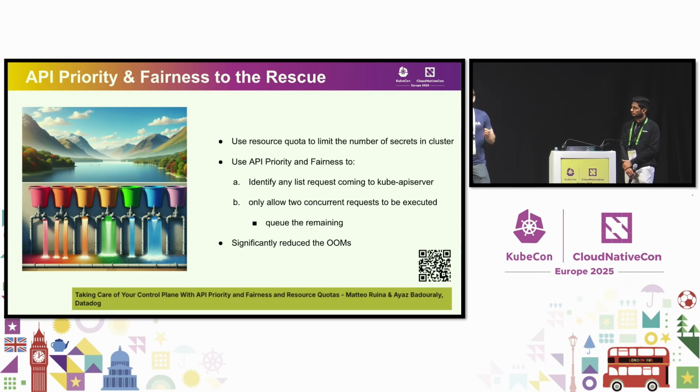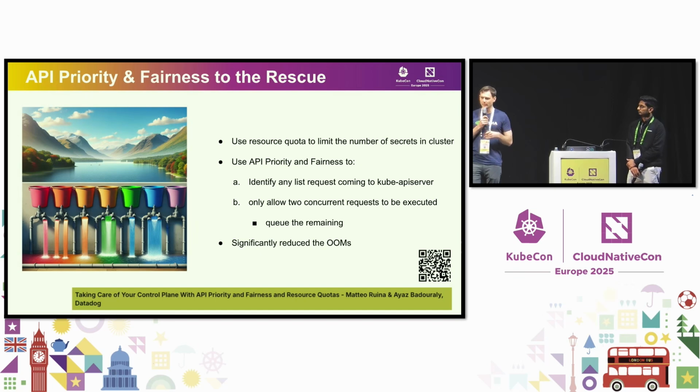So you can use API priority and fairness to say, well, we only want to allow 2 concurrent list calls to be executed. And this was really helpful for us. It actually is what solved our problem and what kept us within the safe area of memory. We don't want to go over 2. So we would make that a part of our API priority and fairness policy. And this is what would save us, right? With all these many secrets and how they're constructed, we needed to use API priority and fairness to protect ourselves. So this is great. This significantly reduced the problem and we were able to get through it.